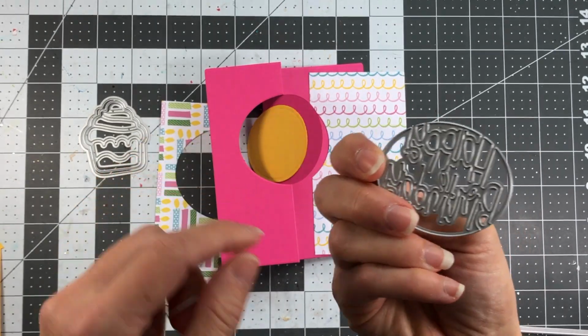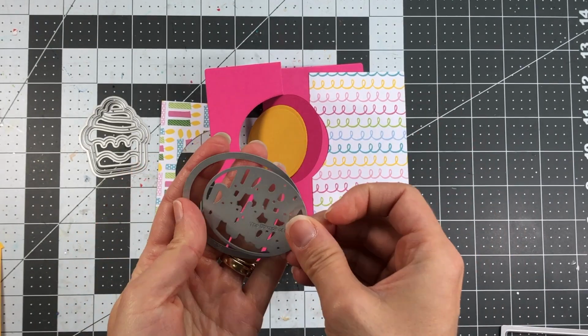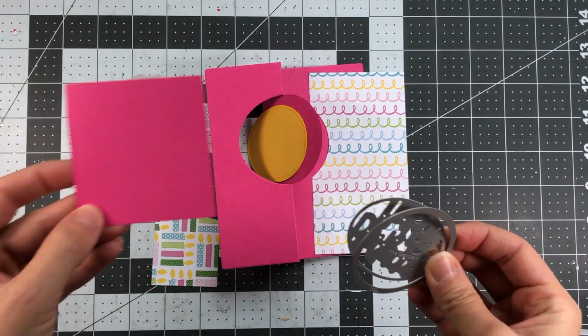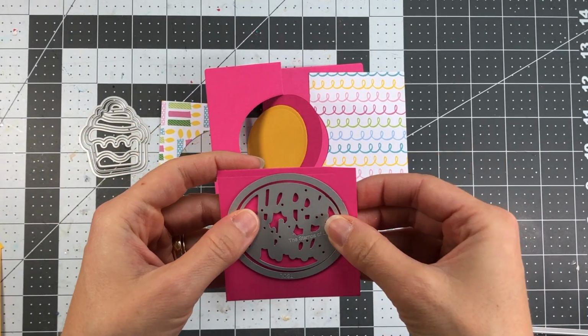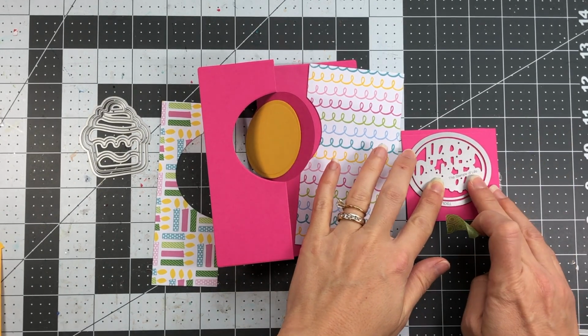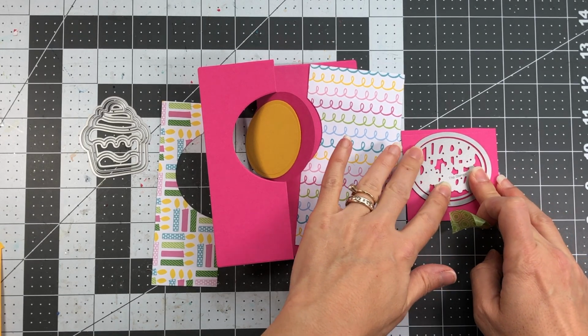Now these are drop-in dies. These dies don't actually cut an oval out. What you have to do is drop it in this large oval in order to cut that happy birthday out. So what I've done is I've taken a piece of guava cardstock. I did put some double-sided adhesive tape on the back of that, and I am going to tape this down, and then making sure that when you are using these drop-ins that the words are completely centered within the oval,